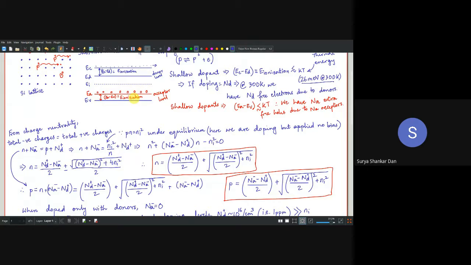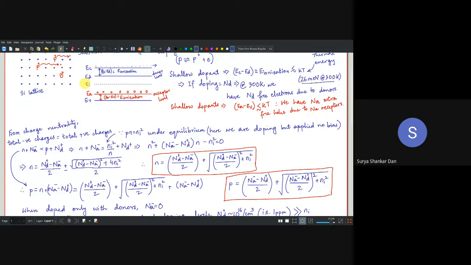Since there is movement, the Fermi energy level will no longer be flat. Right now, this is EI. We haven't spoken about the EF as of now. Before applying the biases, the Fermi energy level was equal to EI. The moment we apply the doping, EF will change with respect to EI, and that is the reason why it is called EI, the intrinsic Fermi energy level. That means the Fermi energy level under the condition of intrinsic, when you have not doped the material.